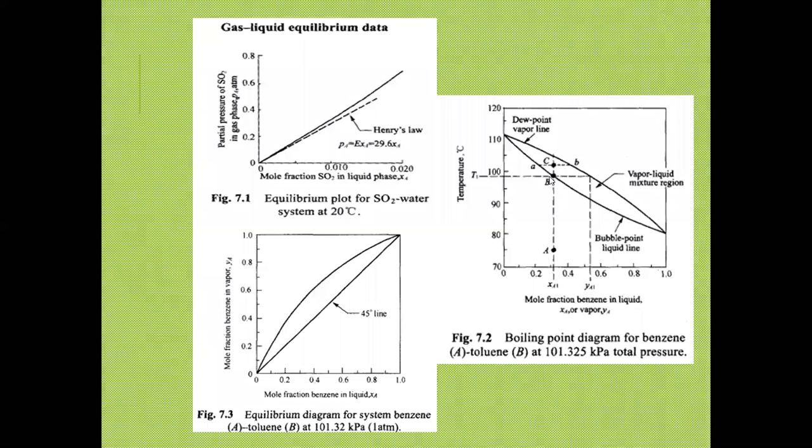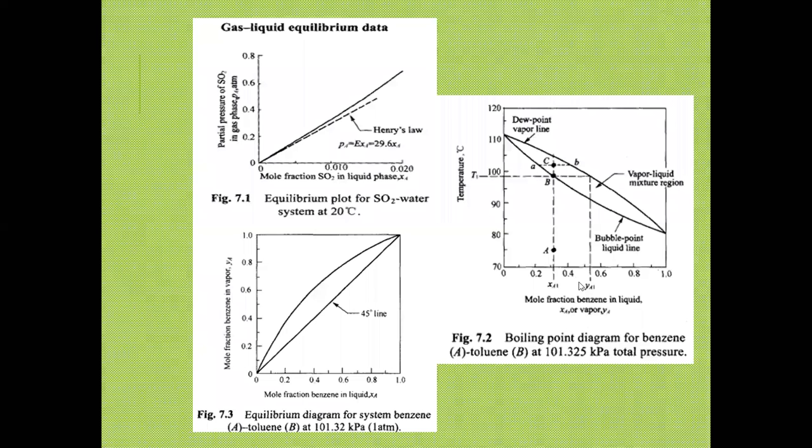If you are asked what is the mole fraction of benzene in the gas phase, then of course you have to use the upper curve. Given the temperature 100, you go to the next curve because this one is saturated vapor, and read downwards your YA. So given the temperature, you'll be able to give right away the composition of your liquid and gas phases in terms of benzene.